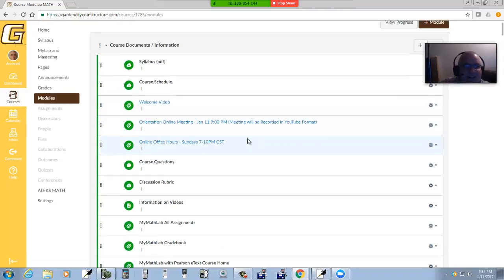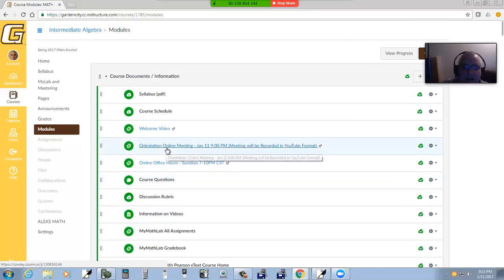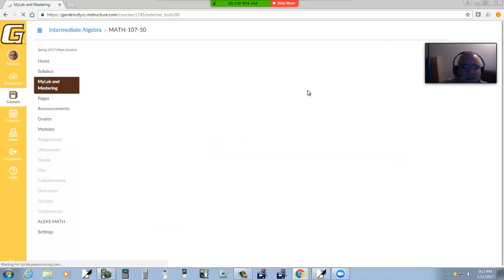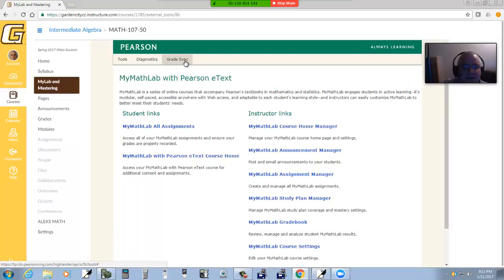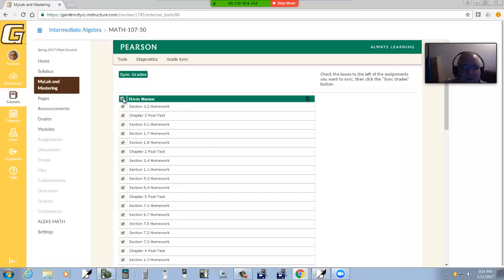Now, even though this is synced up, it's synced to my MathLab with Canvas, it will not transfer the grades automatically. It waits for me to do a sync. So at least once a week, if not more, I'll do a manual sync. And what I do is I go into this MyLab and Mastering here. I'll click Grade Sync, and I'll choose all these items, and then I'll click Sync Grades. It's not hard for me to do a grade sync, but up to that time you won't see your grades